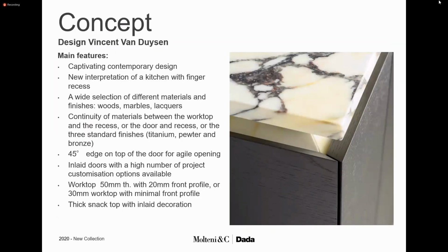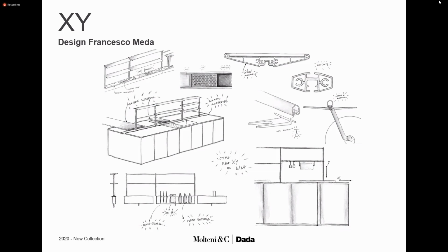With one more new item: Sistema XY, our partner for this new project, Mr. Francesco Meda, who has been inspired by the Cartesian coordinates, created this kind of item available for all these kitchens. Here we are talking about the common elements chapter units. This Sistema XY will be available for all the kitchens in our proposal, starting from the entry-level kitchen approach, going to the top quality kitchens. As we can see from these pictures done by Mr. Meda, these are items